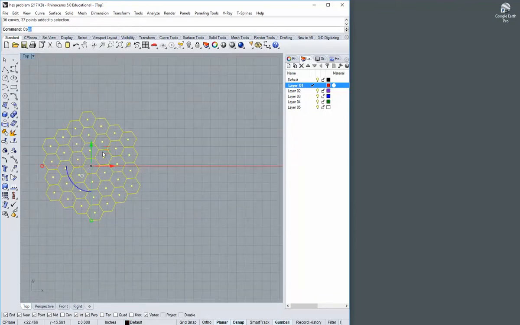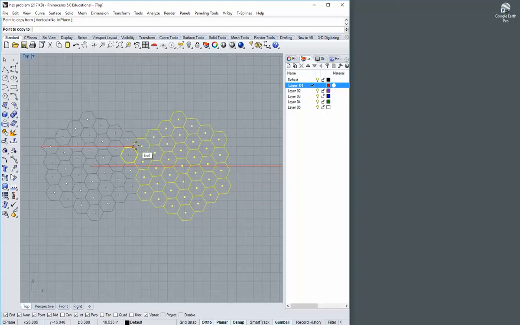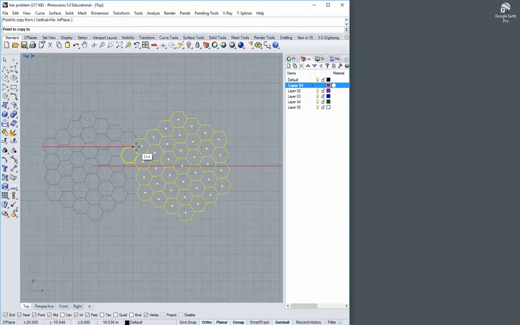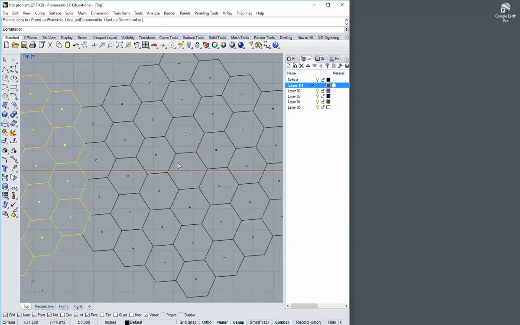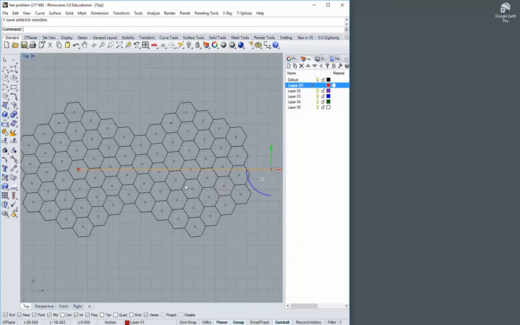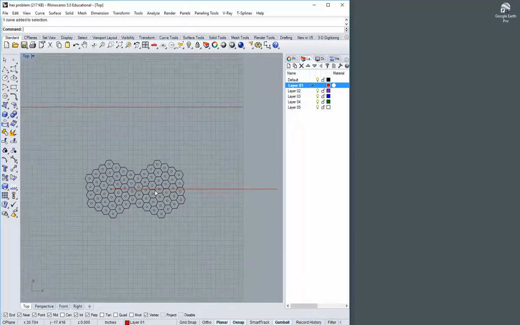I'm going to copy this over using one of these points, holding shift to see how that goes. And it looks like now I could just go straight over. I'm going to find that intersection point there, and my centers are now aligned. Okay, you can see it here. So there's my center point. It's aligned nicely. I can now draw a regular triangular grid to organize all of